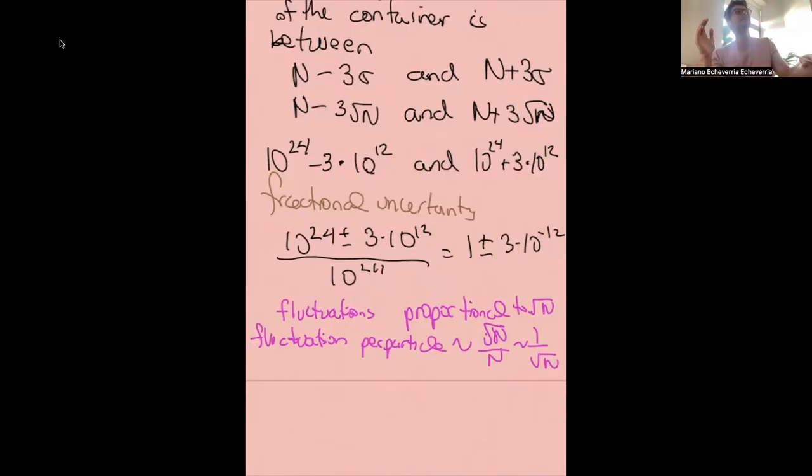And in the end, what happens is that the overwhelming majority of situations will be so little away from the equilibrium, and by equilibrium I just mean the average value, that for all practical purposes you could never notice it. You would have to wait a humongous amount of time. When people do these calculations, it's larger than the age of the universe. So billions of billions of billions of years to ever run into a situation where all the particles miraculously decided, just by fluctuations, to go back to the beginning where they were all on the left side of the container.